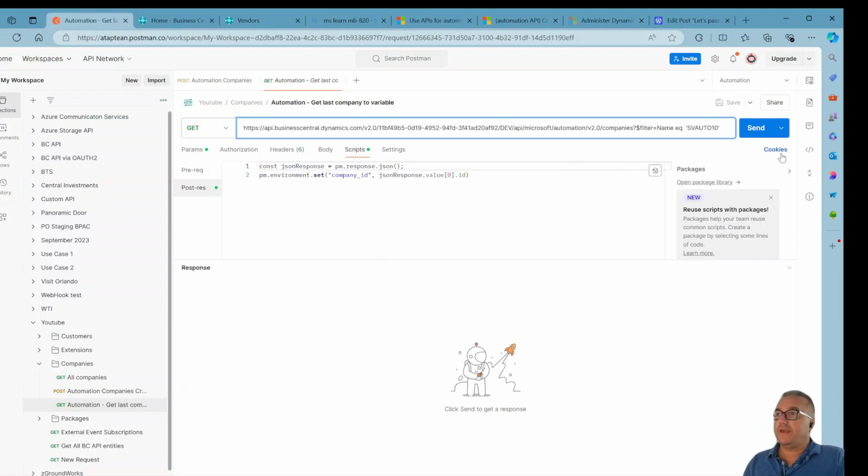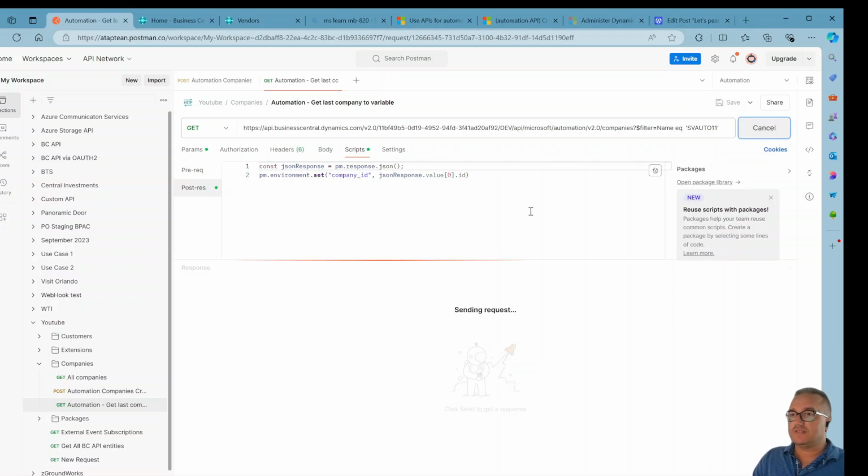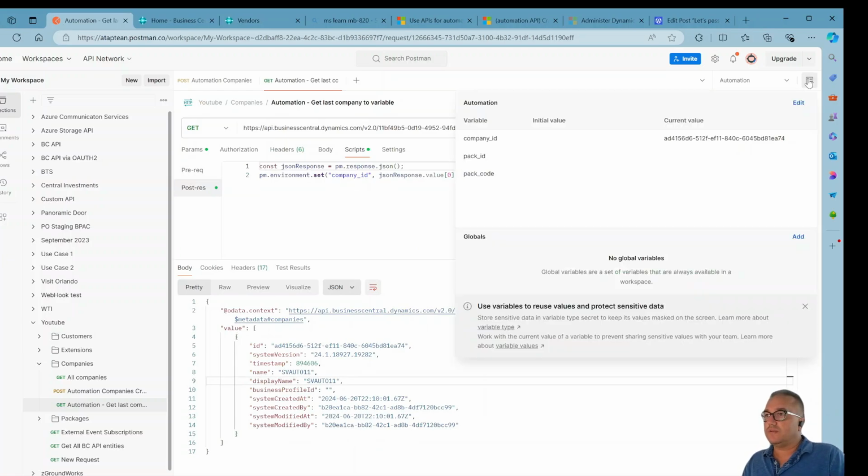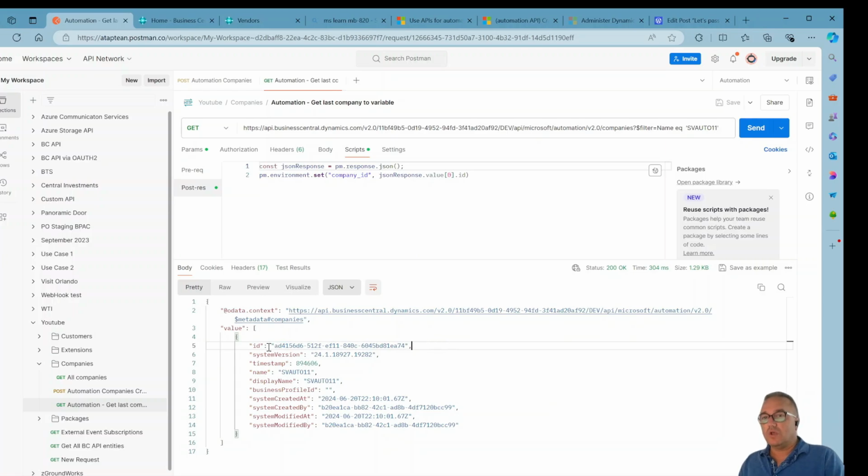Now let's get the ID. This API, basically I have this API for one simple reason. I want to record in this company ID variable the company ID, and let's save it and let's run it. We got the response, and if we look at the company ID in the environment, we have the environment here, automation, and we clicked on this button, environment quick look. We see the company ID AD4, which is the same as what we've got here. So we're done with